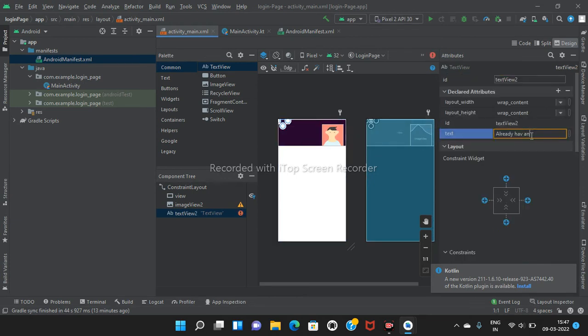So the third is text view: Already have an account.